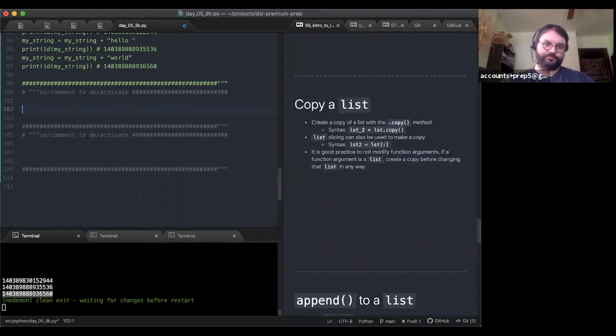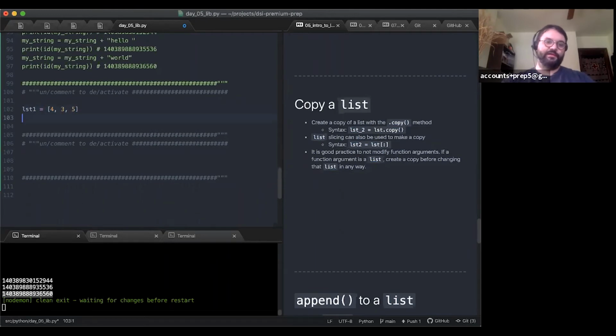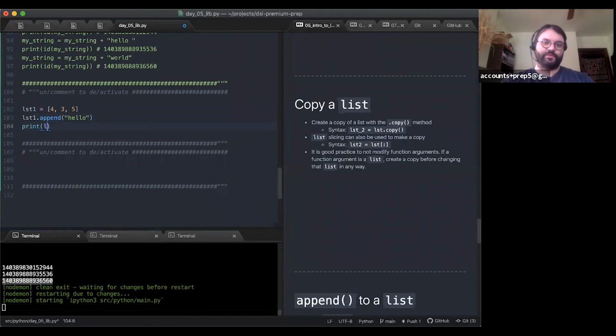So if I do list 1 equals 4, 3, 5, and I list 1 dot append hello, so I make a change to my list and I print list 1. Oh, didn't run. Okay.